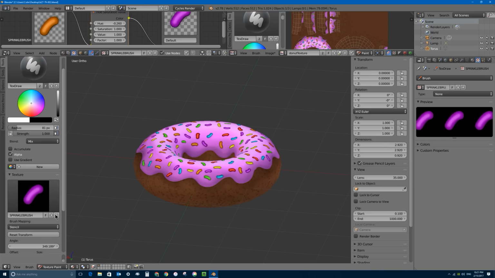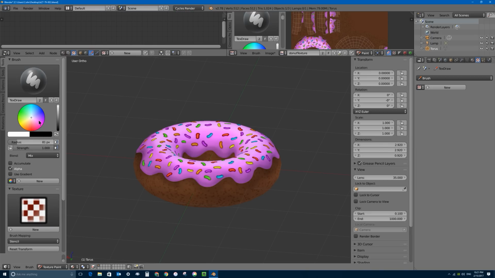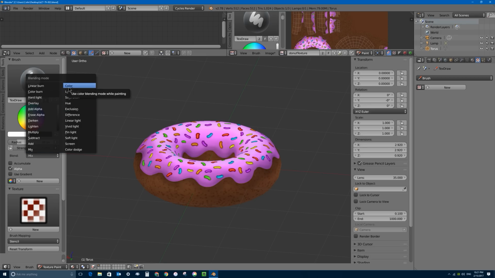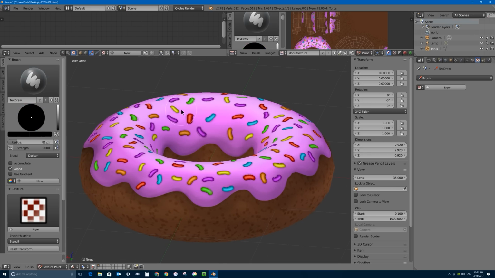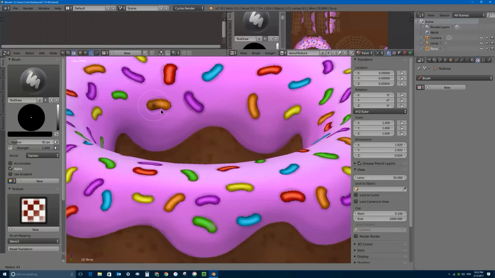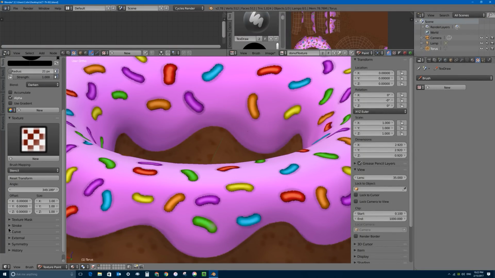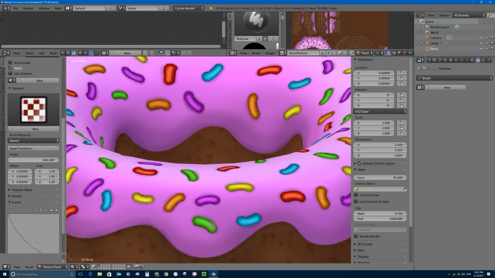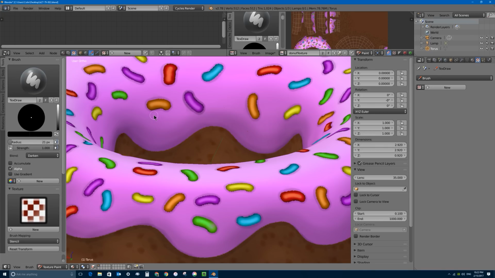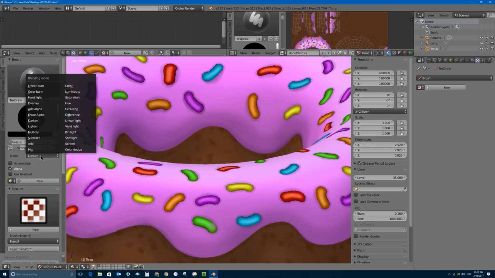So in that case, I would get rid of my brush image, and then I would go through with a darken brush, right there with black, and I would just go up to some of the sprinkles and add just a little bit more of a shadow, of course, with a soft brush. I've got my curve set to, actually it is quite soft. I just need to press Shift F and turn the strength way down. So if I add some extra shadows here and there to the bottom side of the sprinkles, that will really help to sell it, as well as with a